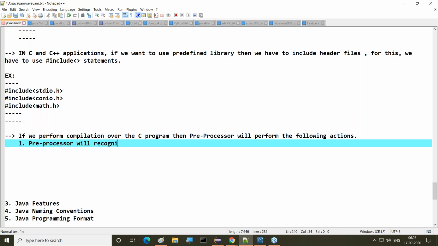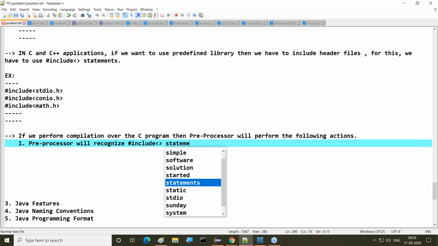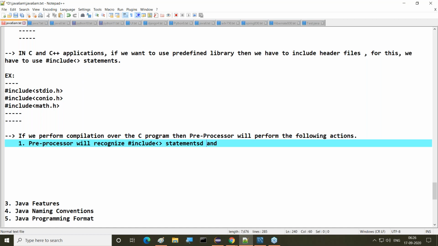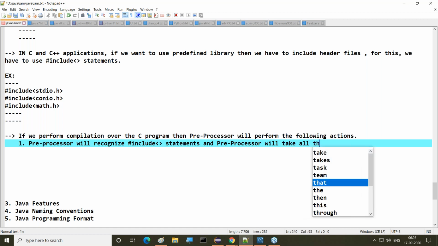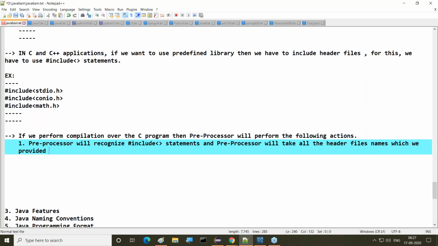The preprocessor will recognize hash include statements, and the preprocessor will take all the header file names which we provided along with the